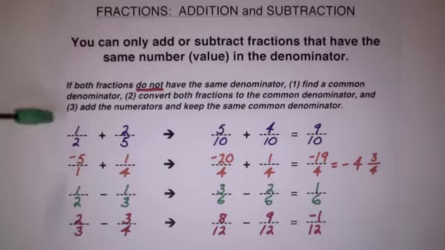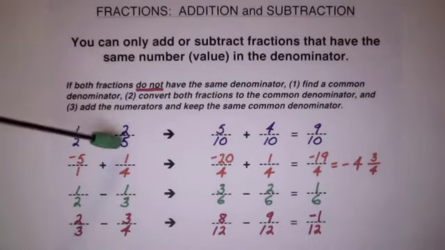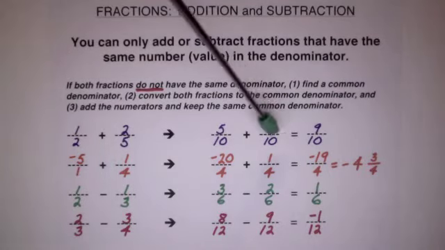So I'm changing the way 1/2 looks. I'm not changing the value. I'm not changing the amount. It's the same amount. I'm just changing the way it looks. So 1/2 becomes 5/10. What do I have to do to go from 2/5 to something with 10 in the